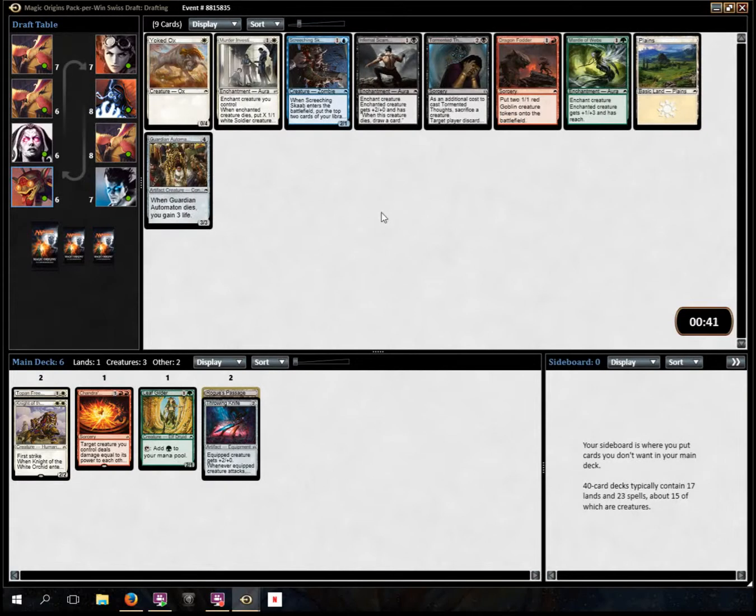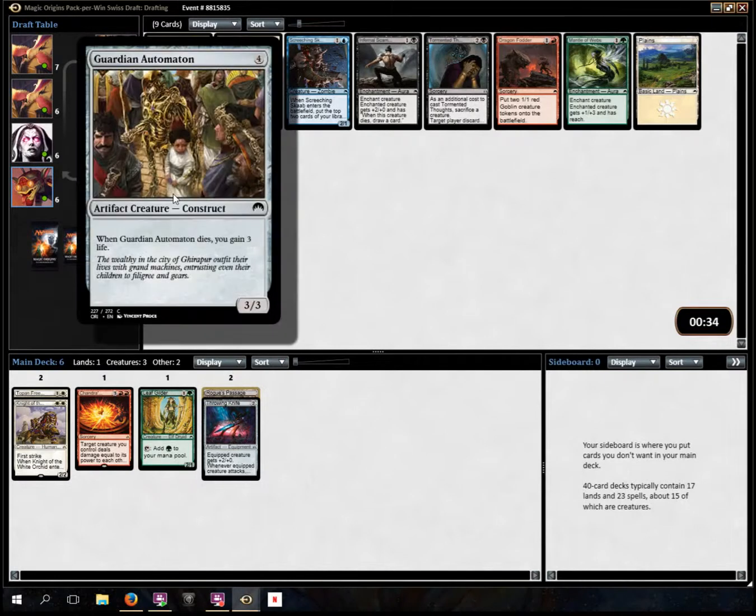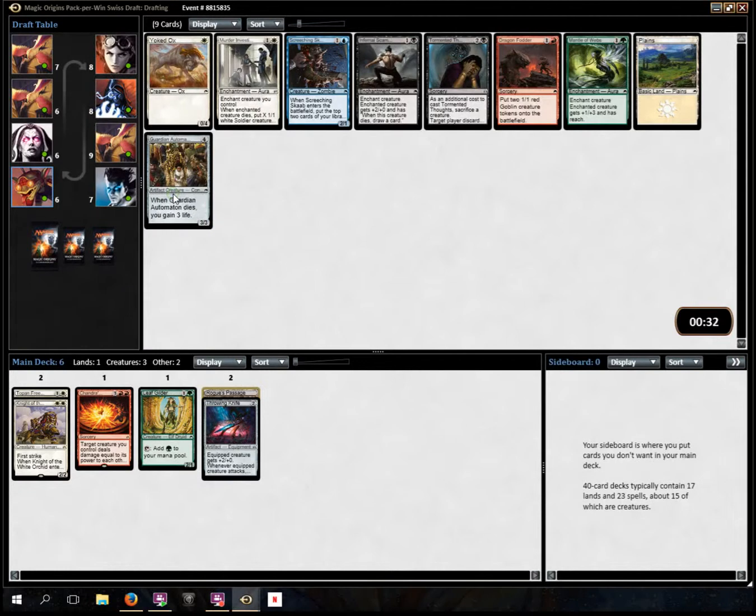Now we are looking at kind of garbage. This pack is very little of interest. I'm probably going to take the Guardian Automaton. Again, color neutral, which...